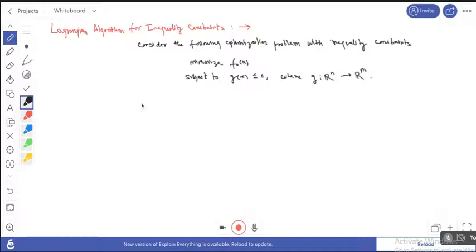So the Lagrangian function for this problem is given by